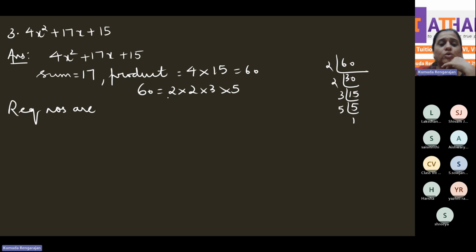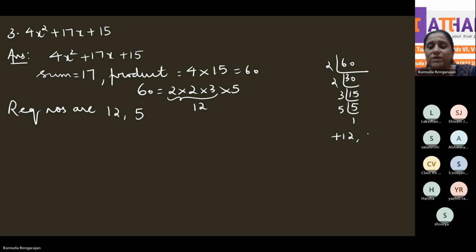So it will be 2 into 2 into 3, that is 4 threes are 12. 12 and 5, because 12 and 5 will give you 17. 12 plus 5, 17. So now you'll have to check if it is plus 12, plus 5, or minus 12,